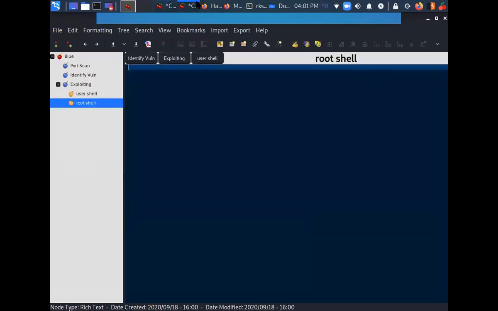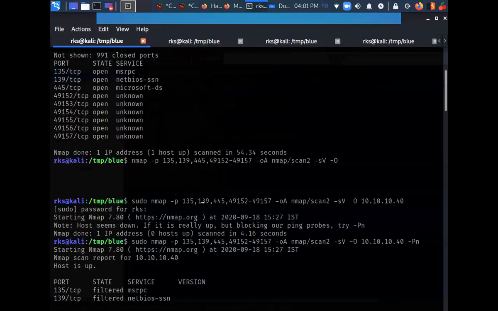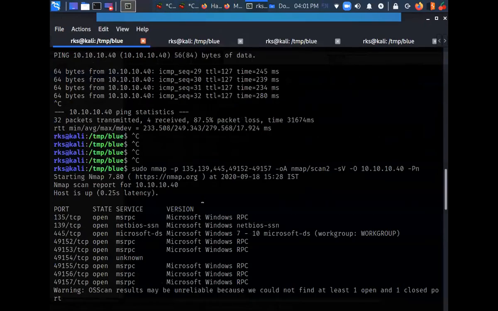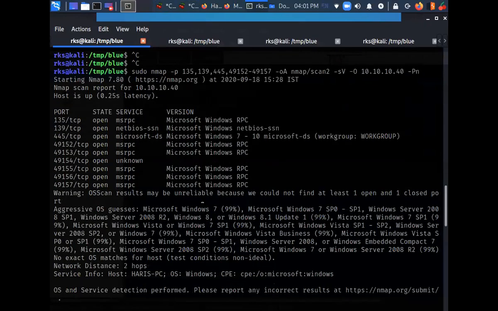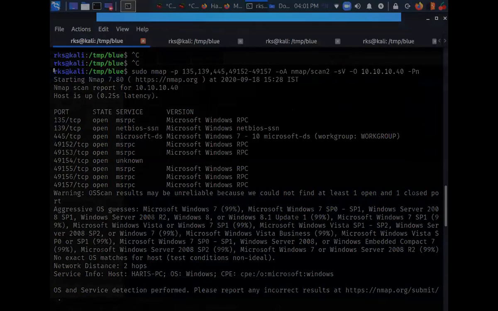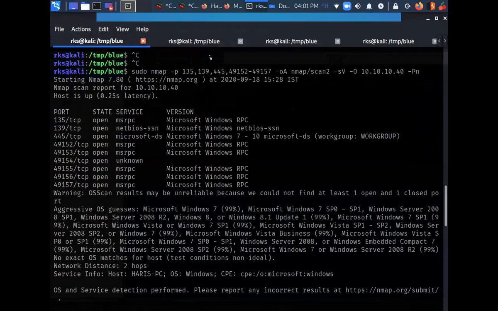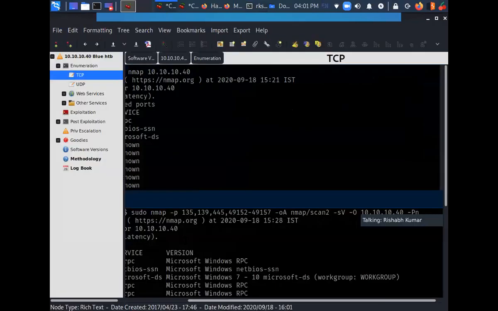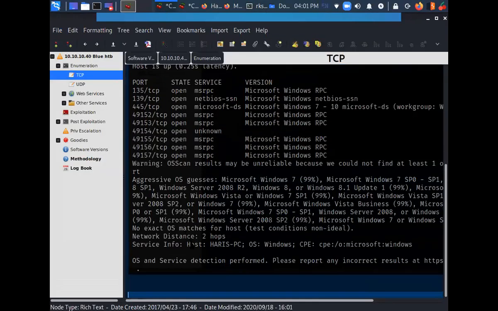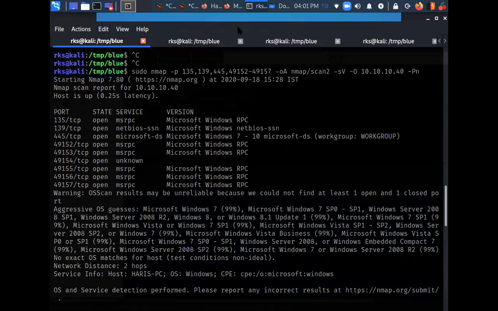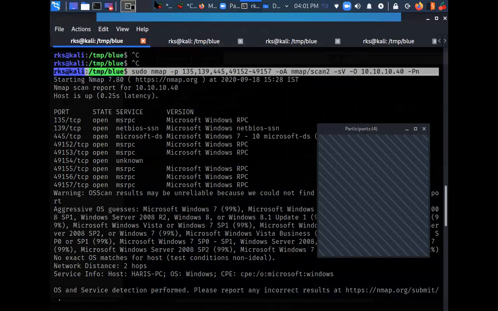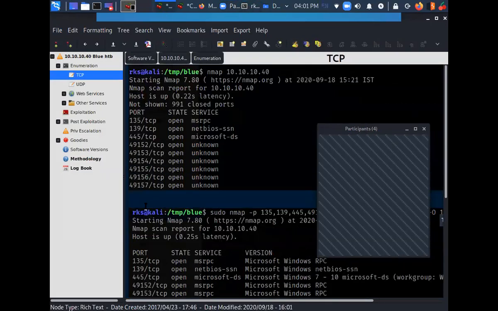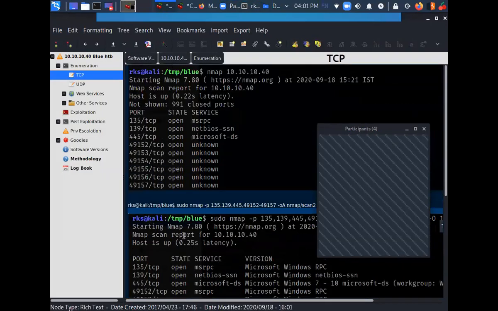Once I was done with this, I did a version detection scan and OS detection here, so I can take a screenshot of this as well and paste it here again. Along with this, I can keep a record of the commands that I am using, so I can paste the command in plain text here.